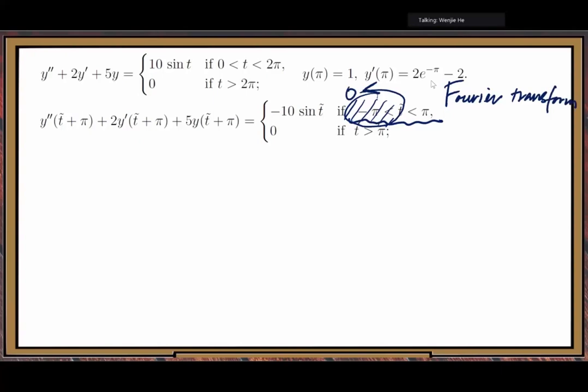For the Fourier transform, if you look at the definition, we need to use the negative half axis. We need to use the negative half of the data. We have the positive half and the negative half, so we do not need to throw away anything, right? Think about it. If you apply the Fourier transform on both sides of the equations, you need to use the negative part of the data. You should not cut off the portion of the data between negative pi and 0. Think about it. So this tells us